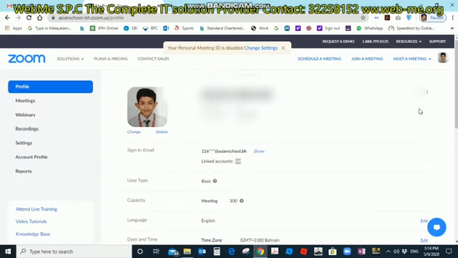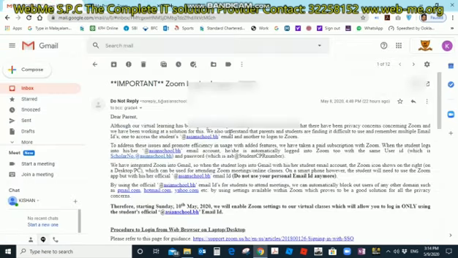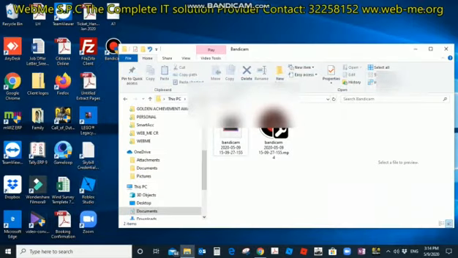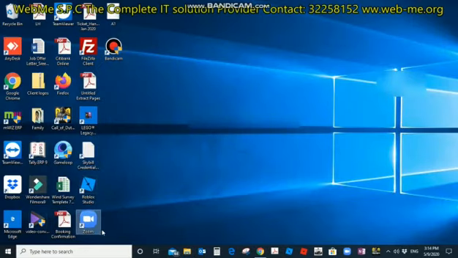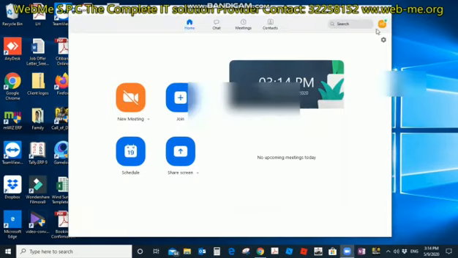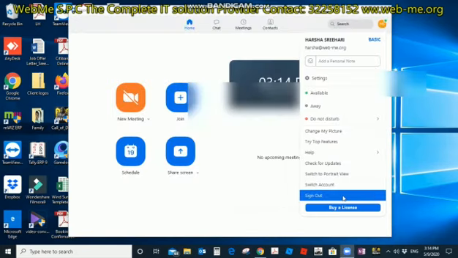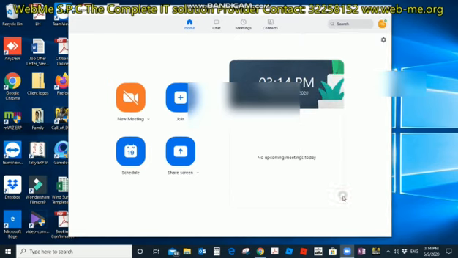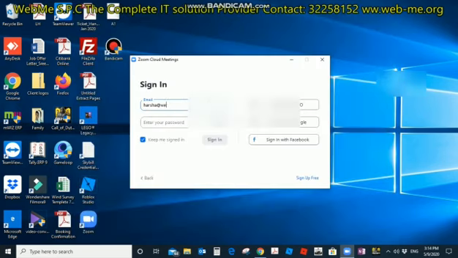Next, what you have to do is, now you have already logged in with the other mail ID. You have opened the Zoom with the other mail ID. So open that device. If you are using a phone or laptop, whatever it is, open the Zoom app in that existing device, and go here and sign out from the current user. I made it sign out. Then after you sign out, you can sign in with the student mail ID and password.